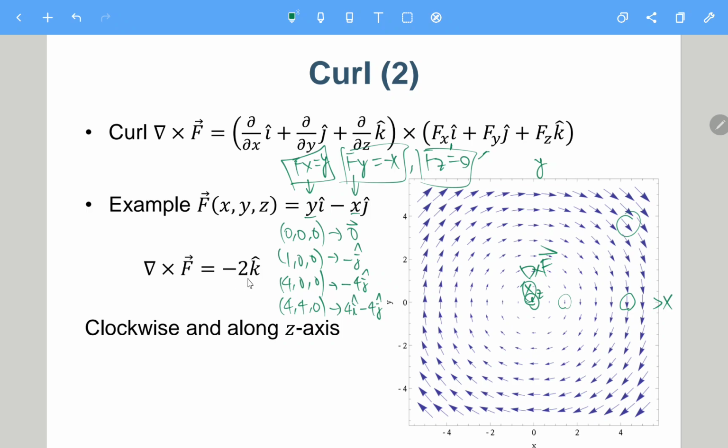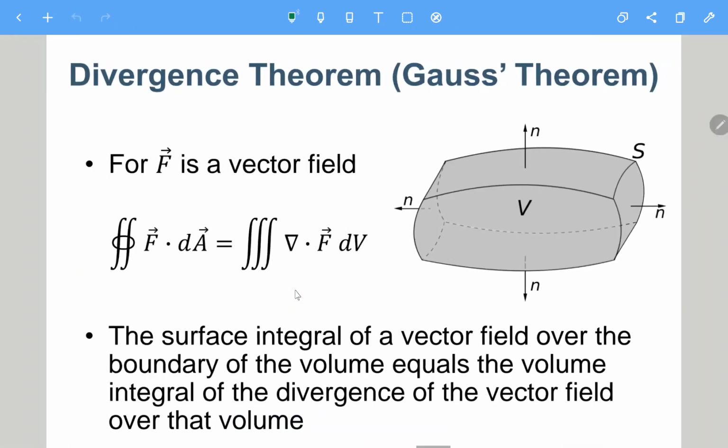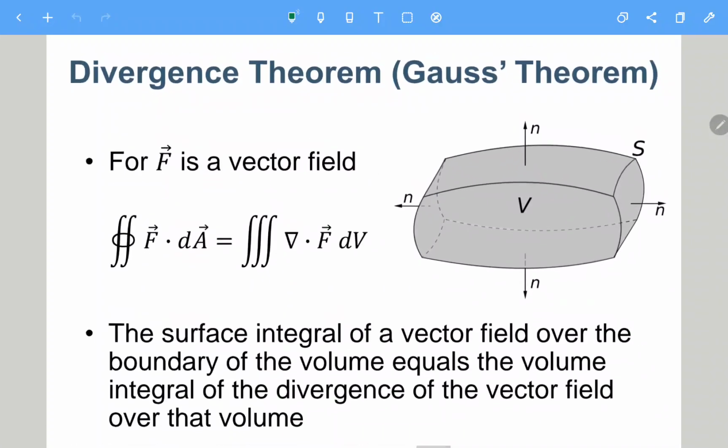So this is actually the rotational axis, like the torque. The torque is also a vector, and how the object is rotating is according to the rotational axis. So here it is also like the rotational axis. In that case, this means that the vector field is rotating clockwise along the negative z-axis. Okay, so this is a curl. Let's have a 10 minute break and then